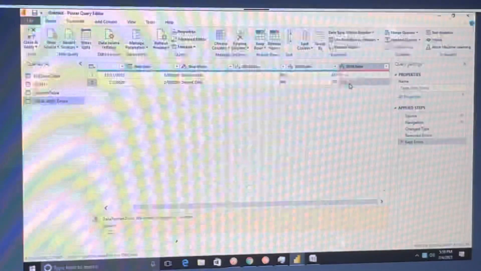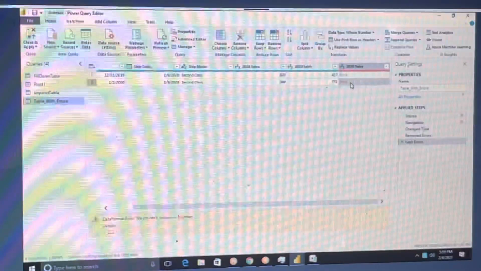See, now this is the error, it's stating we cannot convert to number. If we remove these things, then the entire record will be gone, so we don't want to do that. So how to handle this? Whenever you get an error, replace that error with some value. We have that option.